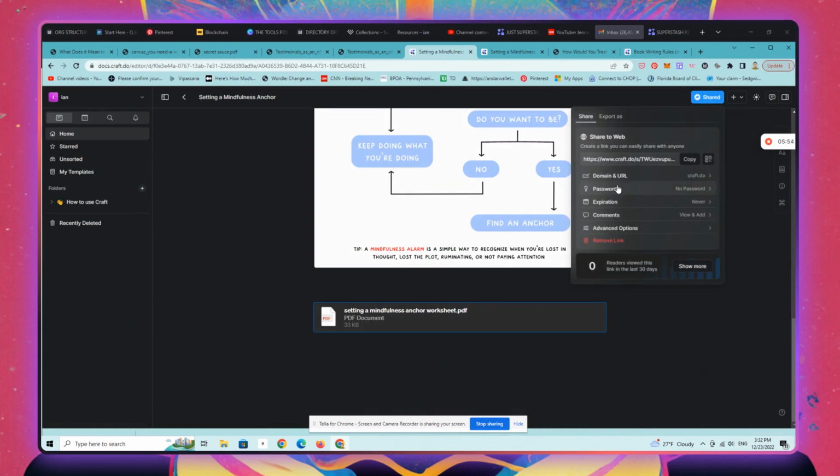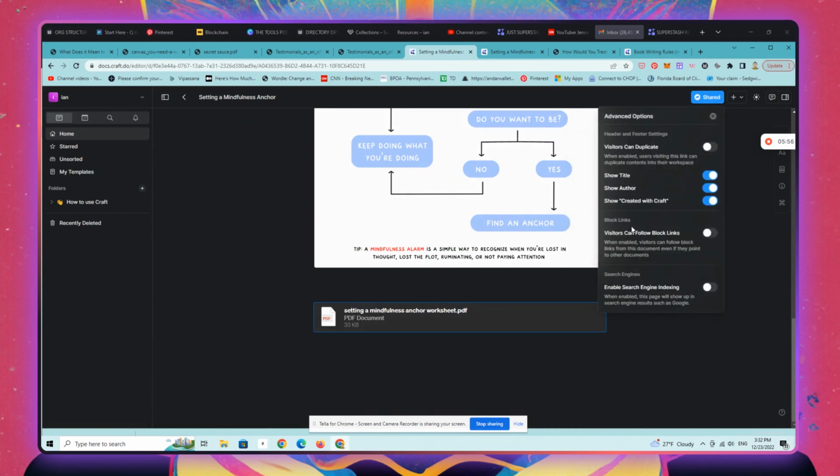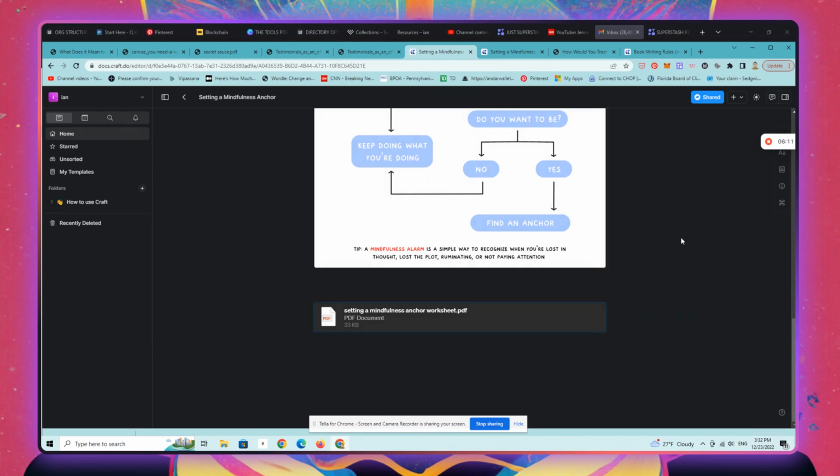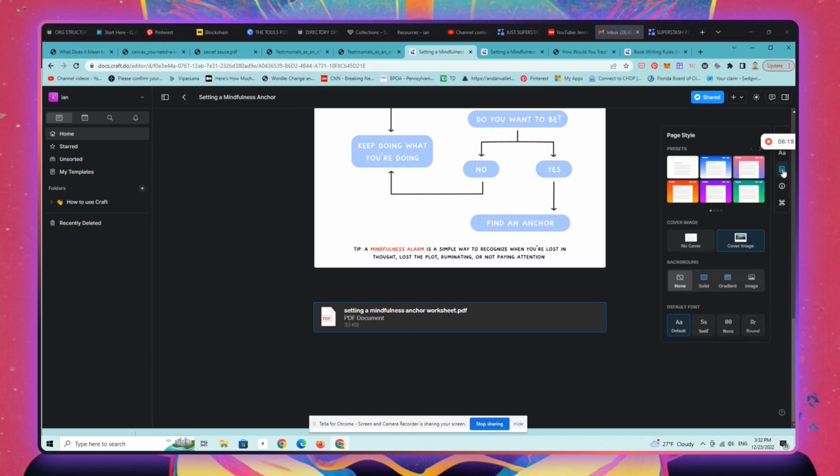If you go to Advanced Options, Show Created with Craft, you can turn this off. You can allow search engine indexing, and all this is really super easy, quite elegant, and you can of course change stylistically how everything looks. Over here, you can change the different